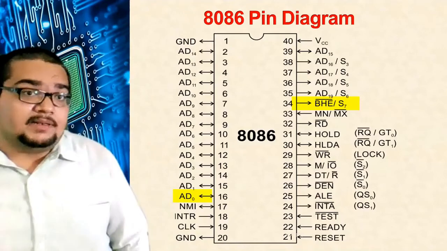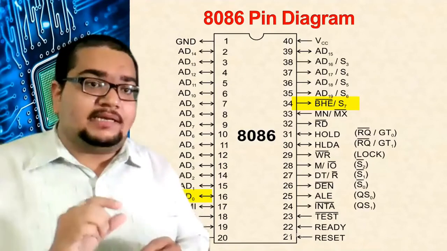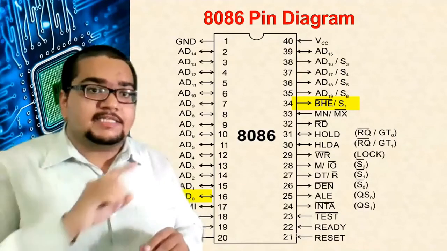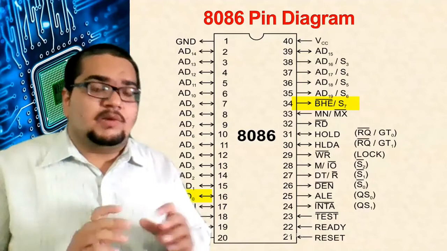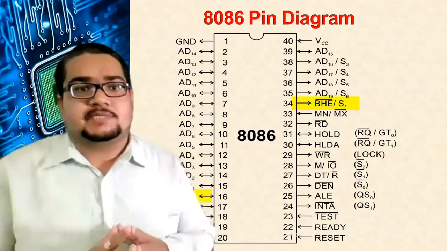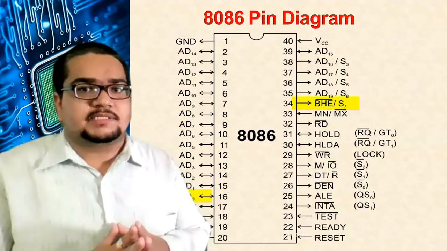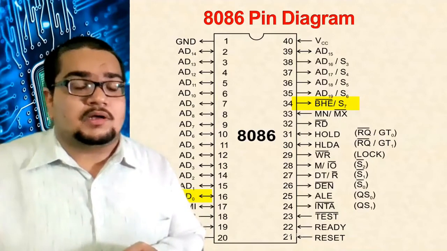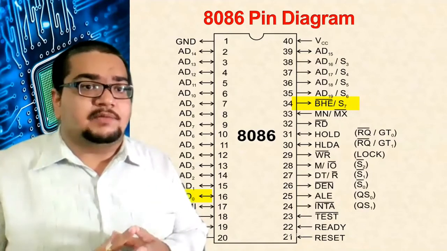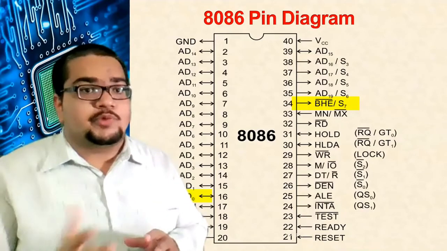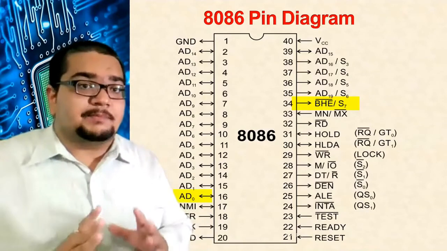Bus high enable, and particularly when you observe closely, this particular line or signal is bar complemented. Now what does that mean? You might have studied in your previous subject, switching theory or digital system design, these complemented and uncomplemented variables. Variables are X and there could also be a variable X bar. Similarly, here it is BHE bar.